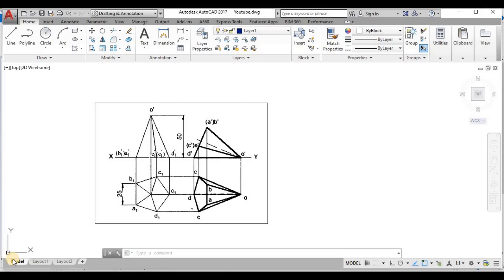So where are we going to use this? It is to draw the elevation from the plan view, or from the plan view you can draw the section, and from the elevation you can draw the sectional elevation. Then you can draw the plan from the plan view, having some extrusions. We can draw that. There are some benefits of using these lines, so it will be very useful.